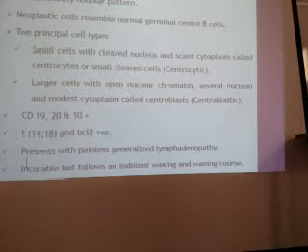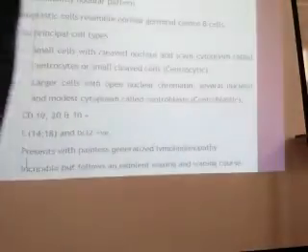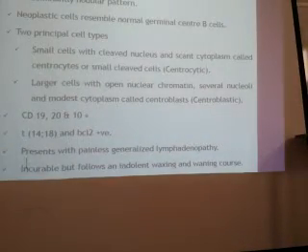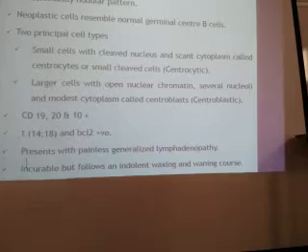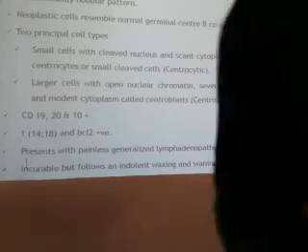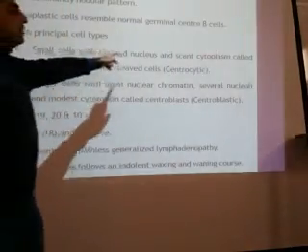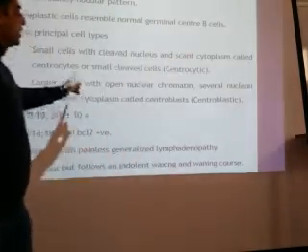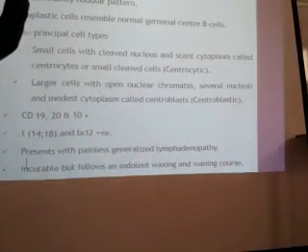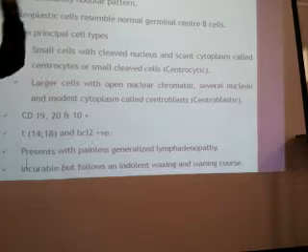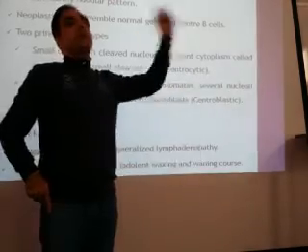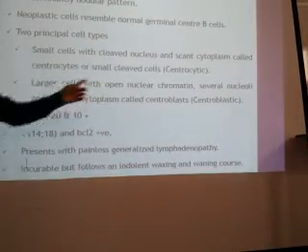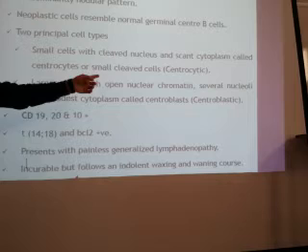Centrocytes are smaller cells with scant cytoplasm and an indented nucleus. Centroblasts are somewhat larger cells. Both cells are present in the germinal center normally also. Centroblasts are somewhat larger cells having multiple nucleoli. So, small cells with cleaved nucleus and scant cytoplasm are called small cleaved cells. In the working formulation, we said cleaved cells. So these are basically centrocytes. Larger cells with open nuclear chromatin and several nucleoli are called centroblasts. These have a modest amount of cytoplasm also.